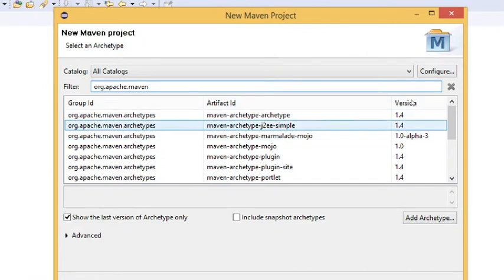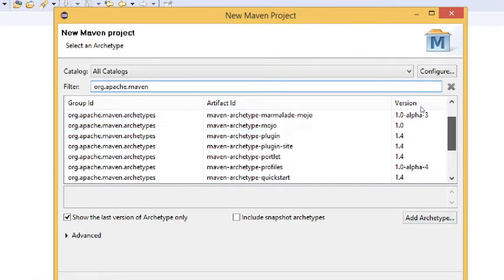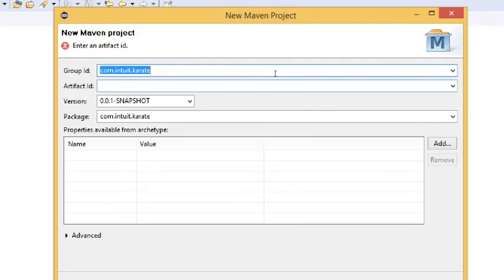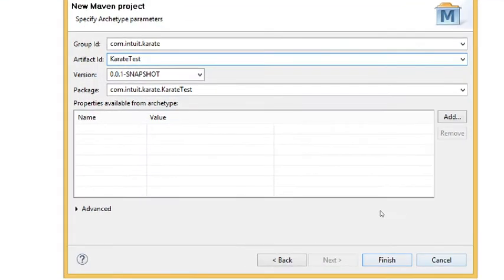In this you have to choose quick start. Once you choose quick start, it will ask for group ID and artifact ID. Group ID is already available, so let us give the artifact ID alone, and we'll give finish.